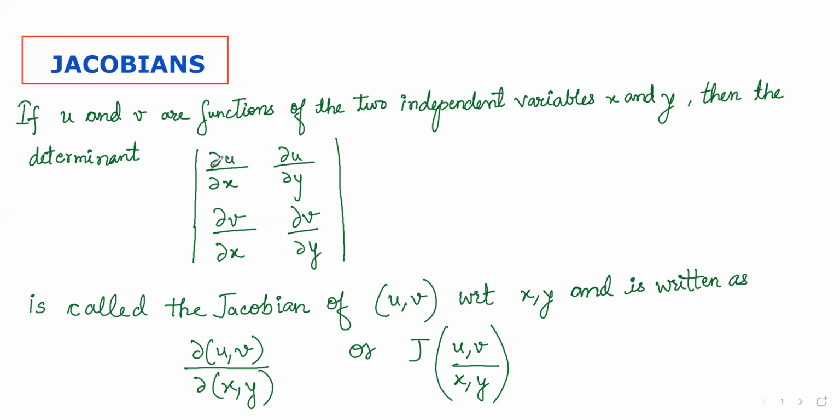So we can see that first we take the variable u with respect to x, then again u with respect to y, and for the second row we have another variable v, with respect to x and then partial differentiation with respect to y. So this is the case when we have more than one variable and these functions depend on two independent variables. But if we have more than two independent variables,